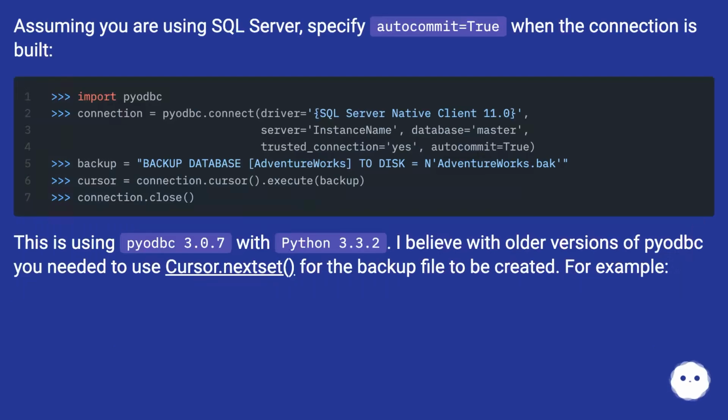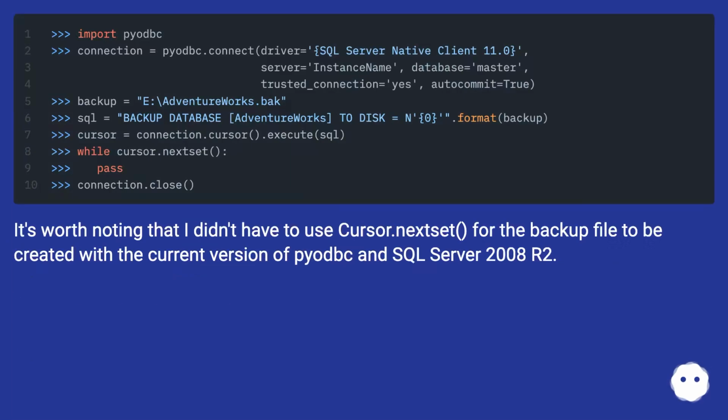Assuming you are using SQL Server, specify autocommit equals true when the connection is built. This is using Pyodbc 3.0.7 with Python 3.3.2. I believe with older versions of Pyodbc you needed to use cursor.nextset for the backup file to be created. For example,